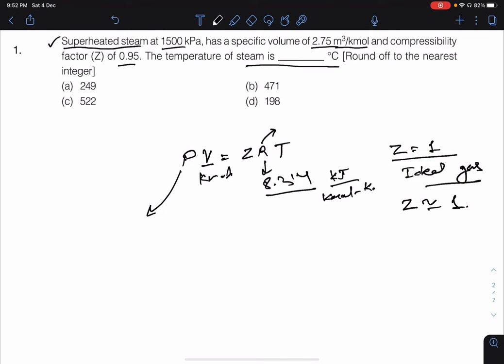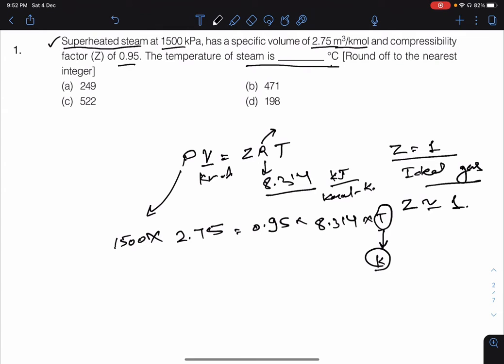Since pressure is 1500 kilopascal, 1500 into 2.75 is equal to 0.95 into R, 8.314, into T. So here we will get the temperature in Kelvin, but they are asking us